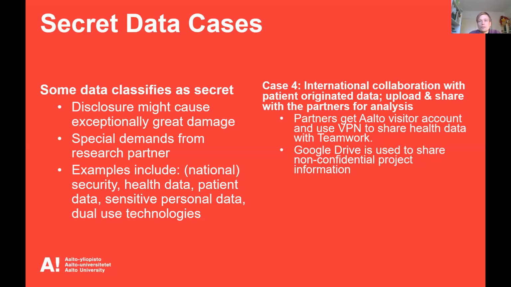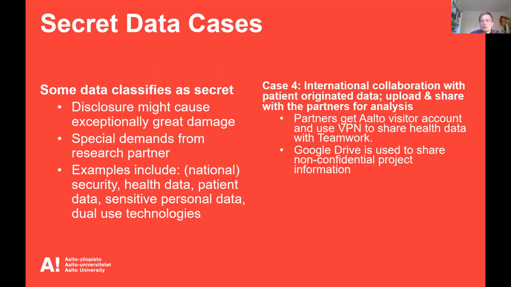So this kind of arrangement, for the most secret data, you might want to use another service for this ordinary data, because most of the projects have many kinds of data classified. So every project's data doesn't always fall under public or confidential or secret, but then you also might have the need that it's good to use several solutions in one project,